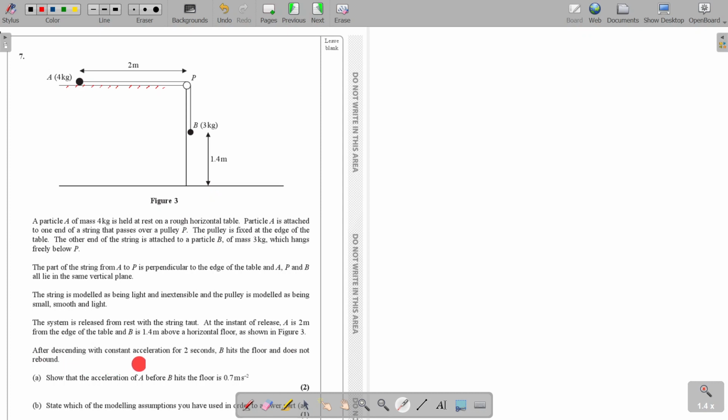After descending with constant acceleration for 2 seconds, B hits the floor and does not rebound. Show that the acceleration of A before B hits the floor is 0.7 meters per second squared, and this is simply 2 marks. How do we do part A? They have told you the time taken for B to hit the floor is how many seconds? It just takes 2 seconds to travel a distance of